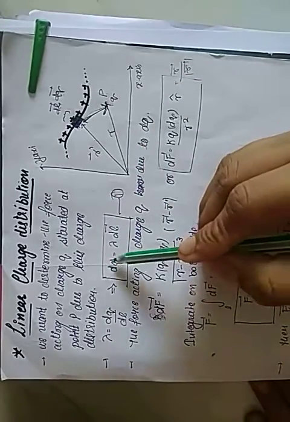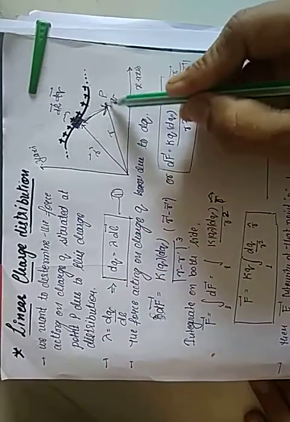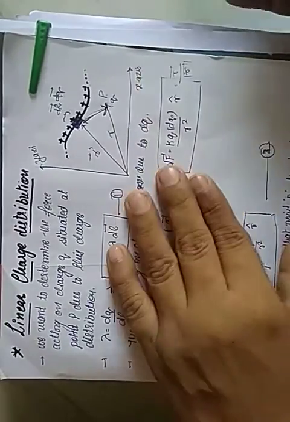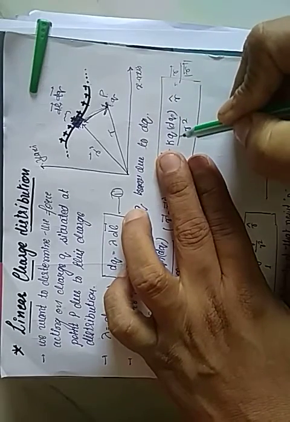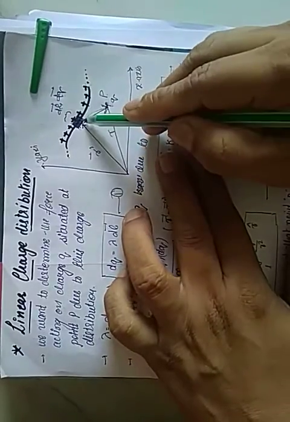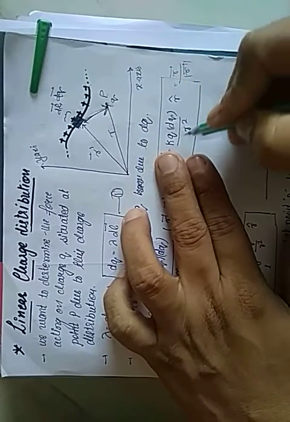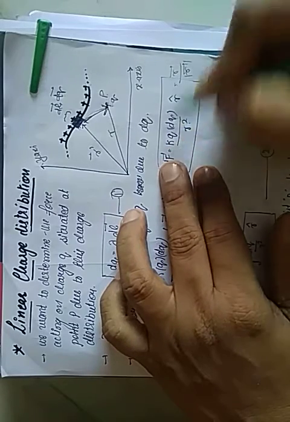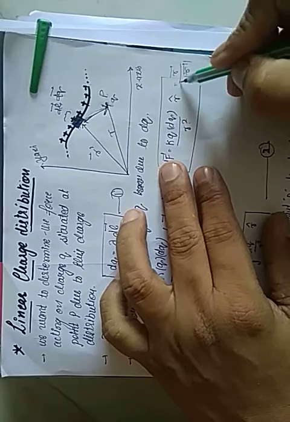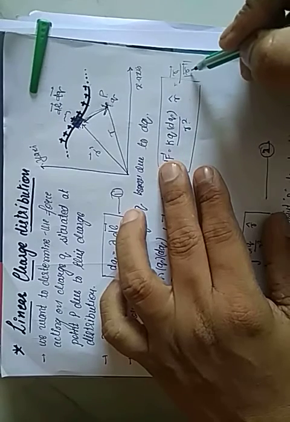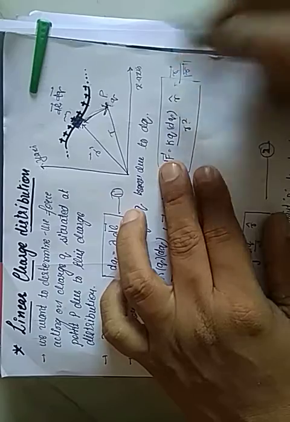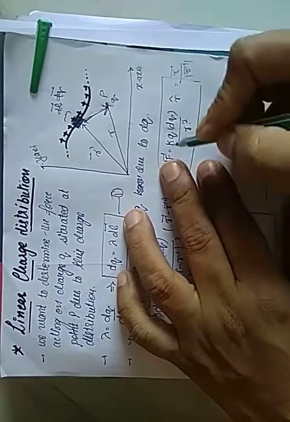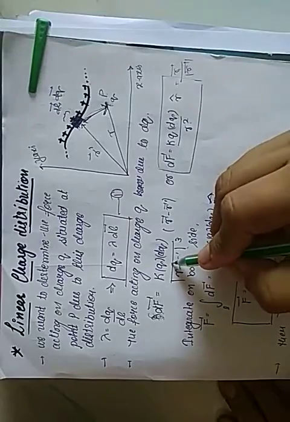Now we know the charge. Here the charge is dq, with this value, and we have one more charge, q. So what is the force formula? I am starting here. Suppose we have a charge q and this dq, so put q and dq, and the distance is r squared. As we know, force is a vector quantity, so put the vector here with the unit vector. What is the meaning of unit vector? Vector r upon the magnitude of r. We can put that in the next step, and we can write this in vector form.